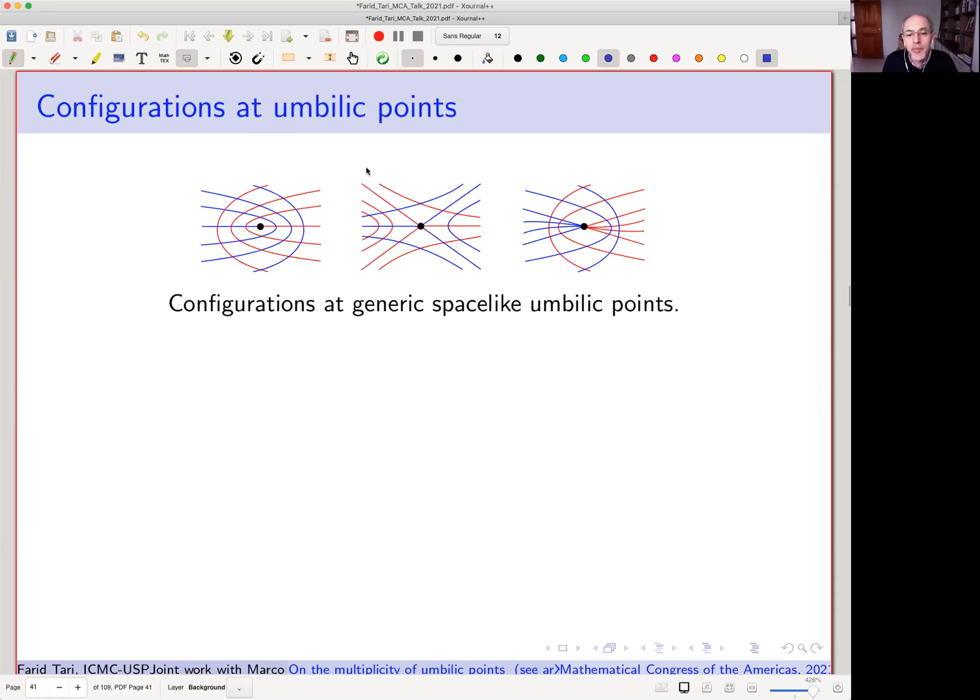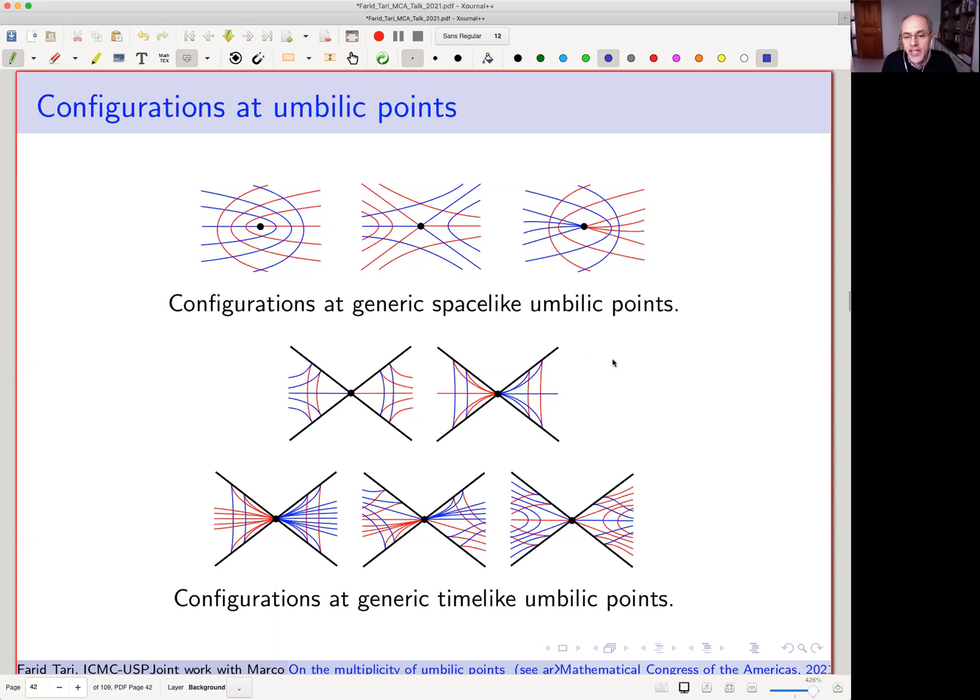At umbilic points, if the umbilic is space-like, we have the same configuration as in the case of surfaces in the Euclidean space. At time-like umbilic points, we have 5 possible configurations. And what's happening here is that the discriminant of my equation is equivalent